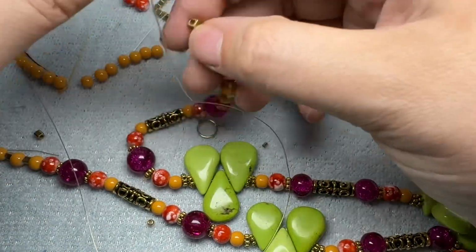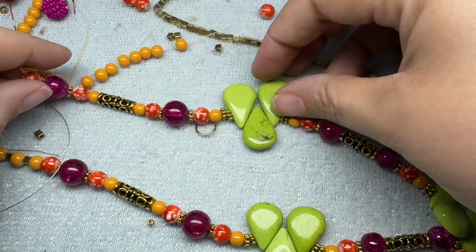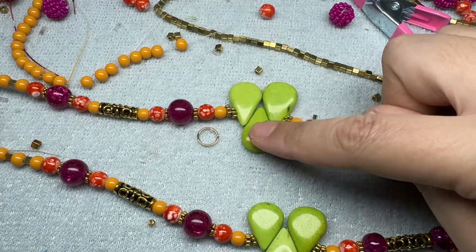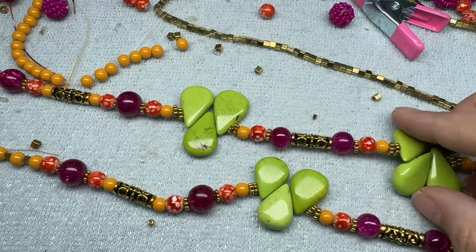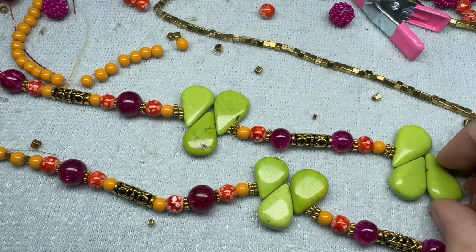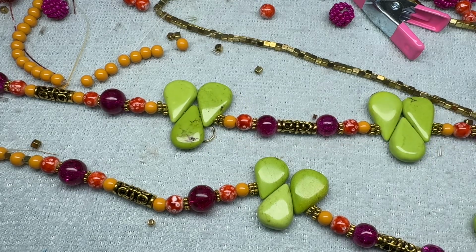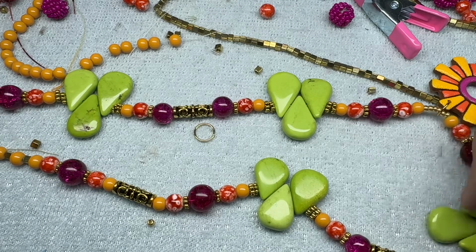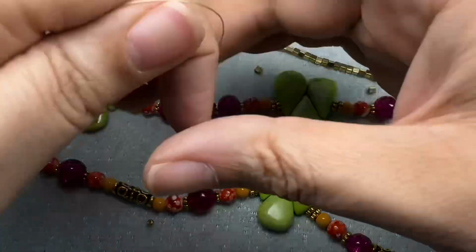Before I start crimping on the other side, I'm just going to make sure there aren't any noticeable gaps. I'm going to make sure that my beads are laying the way I'd like them to lay. Mainly these teardrops, I want them to be in that formation instead of not in formation like these. So we'll just flip those around, make sure everything's okay with my pendant. It's moving freely. And then I'll flip these. Just making sure everything's copacetic. And then we'll put on